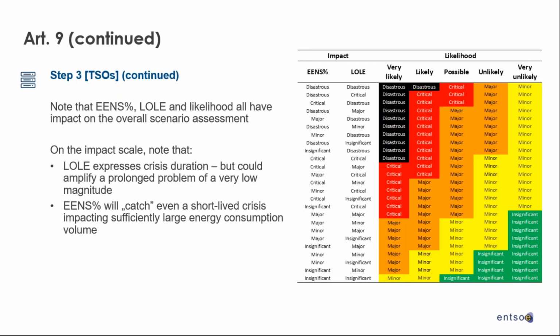So then we use a lookup table using the impact ratings and the likelihood ratings, which will give an overall crisis rating for the TSO. So this is to try to have a consistent measure for each TSO and a consistent yardstick to measure each crisis scenario by. And that tabular format is how we expect them to score those crisis scenarios. So the next slide, please.